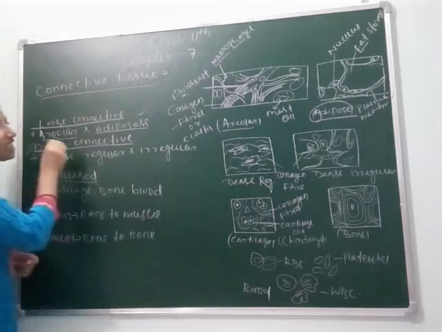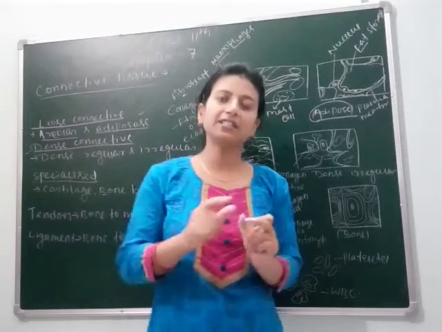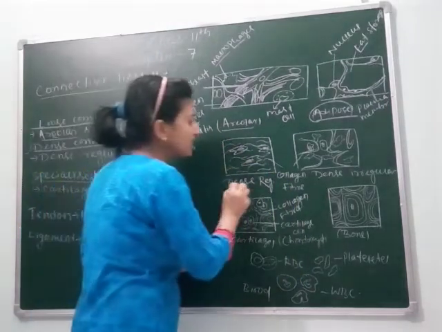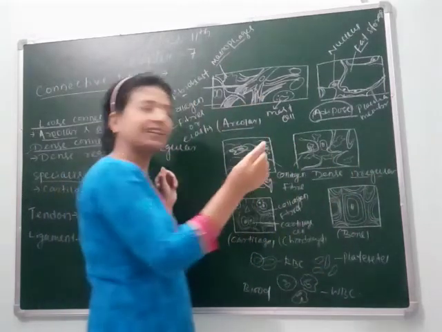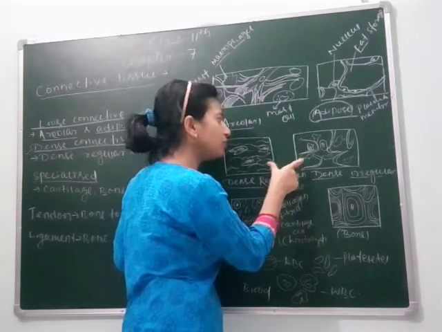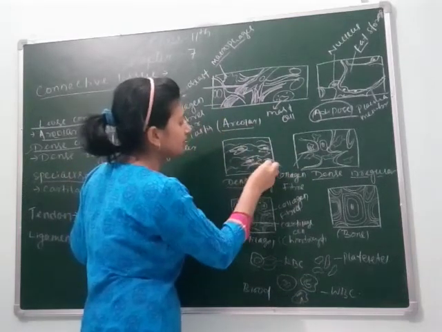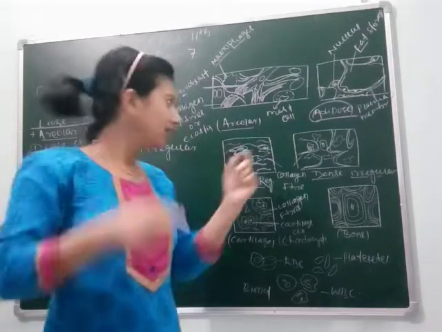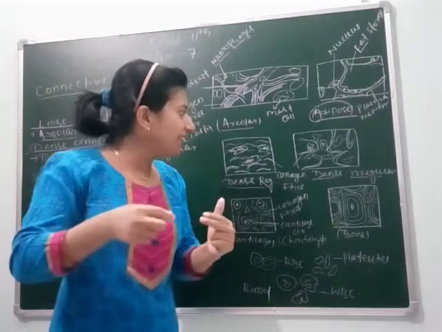Next we move to dense connective tissue. Dense connective tissue means the cells inside the tissue are arranged densely. This is also of two types: dense regular and dense irregular. You can attentively see these two diagrams and say what the difference between them is. You can see here these are the collagen fibers, and they are in a specialized orientation, meaning their arrangement inside the tissue follows a specialized orientation.